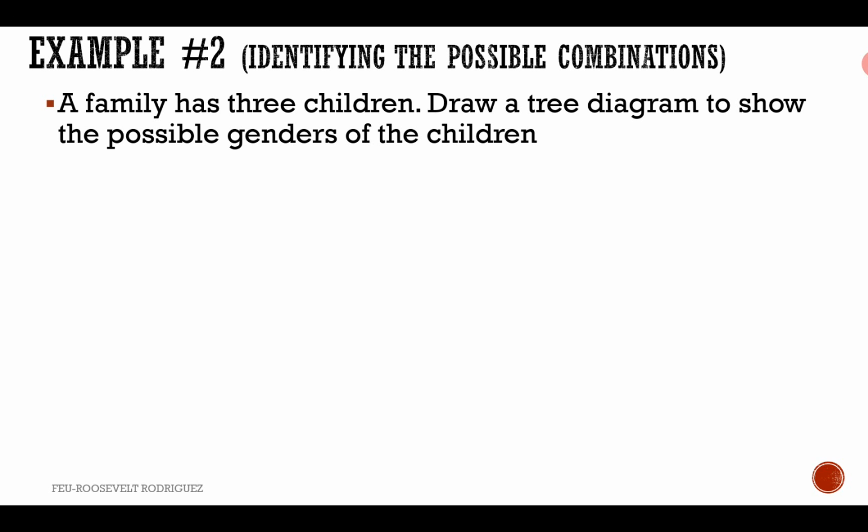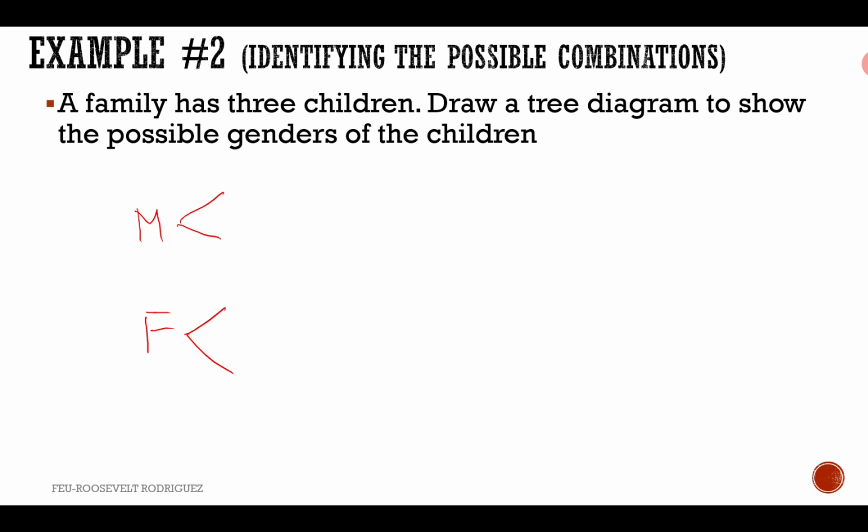So, again, let's construct a tree diagram sa ating mismong problem. Since gender yung pinag-uusapan natin, we only have 2 set of gender. That is male or female or boy or girl. Alright? So, pag isa lang yung anak nila, we have this male, it's either a male or a female. And then, kapag dalawa na yung anak nila, okay? So, just continue, just construct some branches and then individually just list down the possible outcomes sa mga sumunod nating